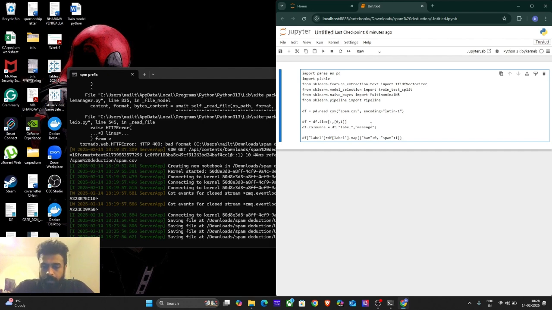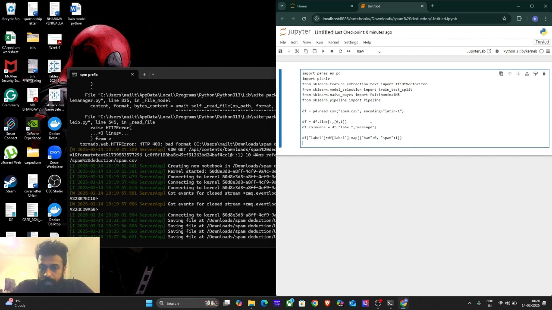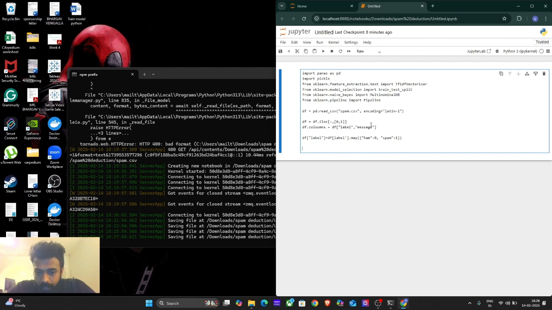Okay. And next, what we'll be doing is we have to split the data. So to split the data, you have to train the x-axis and the y-axis, and you have to train the message that is going to come and the label that is going to come, because you know that mails have a lot of components within them. So as fast as possible you'll be able to detect if it's a spam or not, we'll be able to follow that. Okay, so to split the data, you do x underscore train, comma, x underscore test